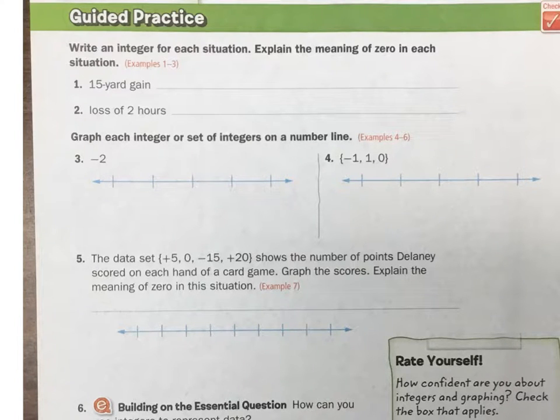This is the guided practice for 5.1. It's on page 348. Go ahead and follow along as I do this. The first two are talking about situations with an integer and explain what the meaning of 0 is in each